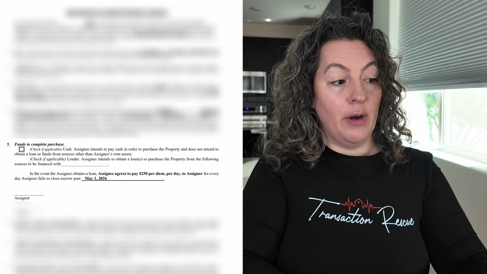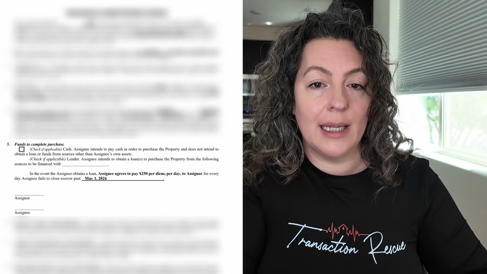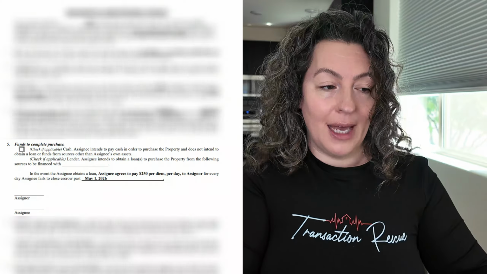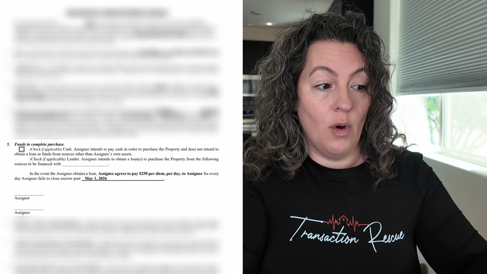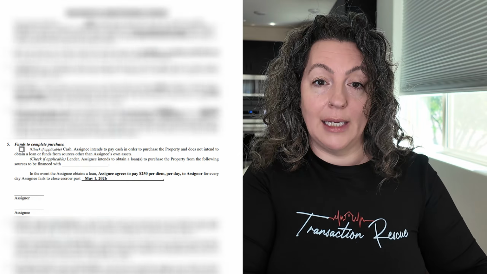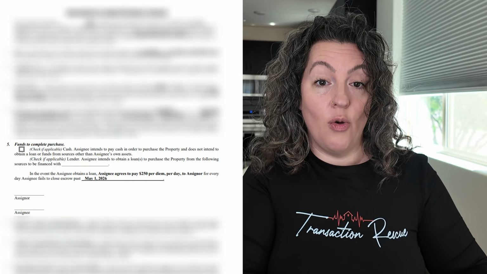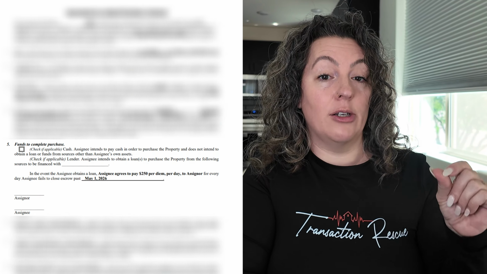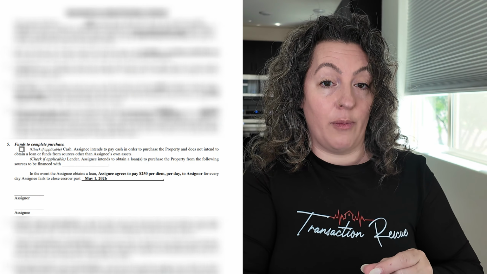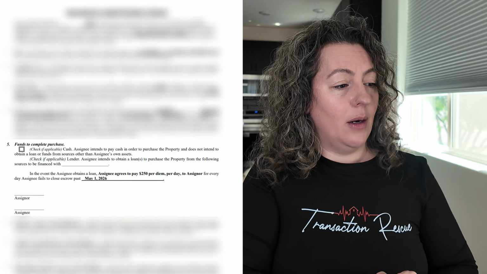Okay, and then everybody initials it, assignor and assignee, it's right under here, so nobody can say, oh, I didn't know. Yes, you did, because you initialed. You understood and agreed that if you got any type of loan or financing, you're on the hook. You are responsible for making sure that your lender delivers in the timeline that you gave me. 2 weeks is really fast for a lender, so we're gonna start looking at that. And then we're gonna scroll down, and then you're gonna print